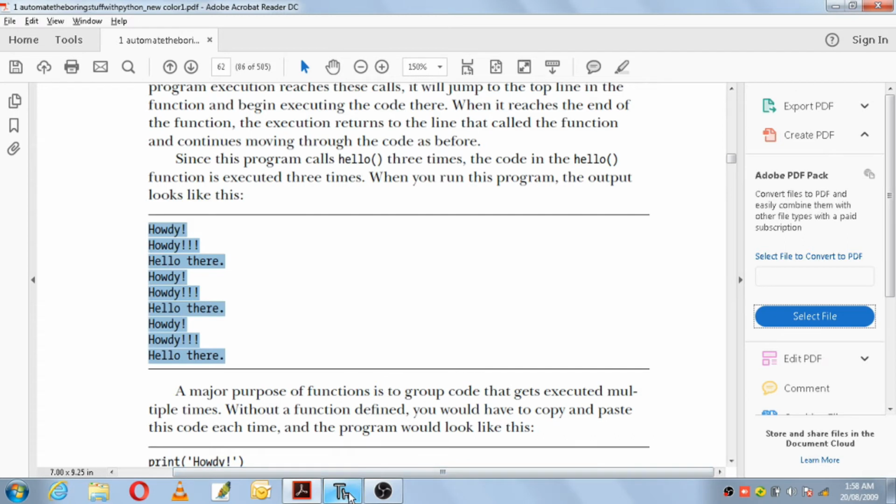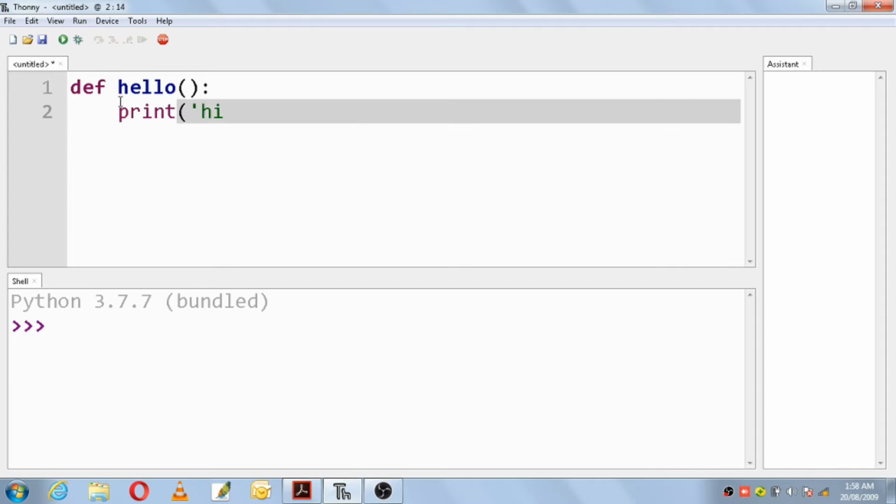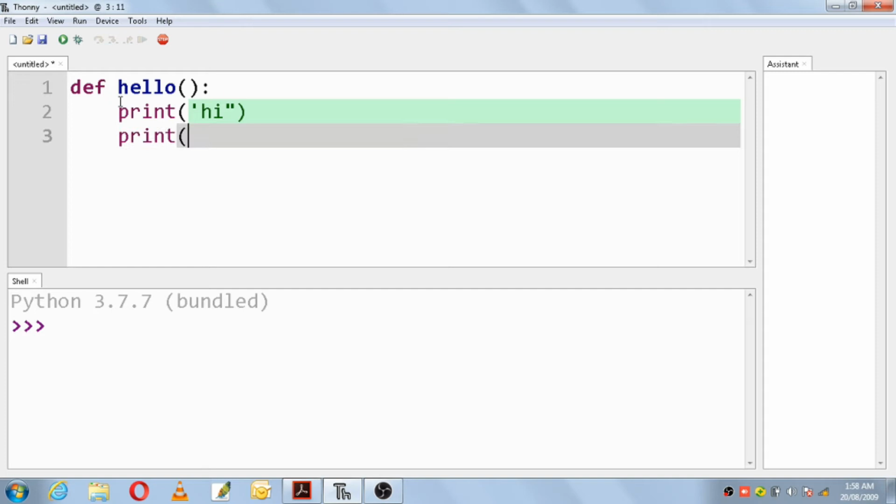So let us try this program. Make use of the keyword def and the function name is hello. Pair of parentheses, functions are usually followed by a pair of parentheses, colon, enter, print hi. Then print hello there.